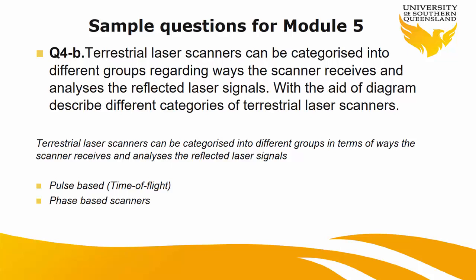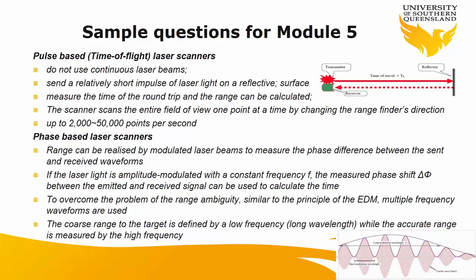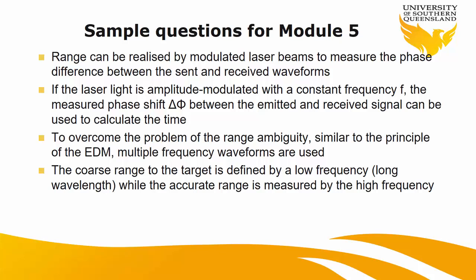So in each scenario, you always have a pulse going from your laser scanner, hitting the object and coming back so it can measure the distance, or range. It's very similar to what you have in the, as I said, automated. Do you remember that? It's just slightly different. So anyway, it might be this type of question that I give you. The reason I don't read through the answer is that I wrote it there, so you can read it later, obviously. The other type of question might be